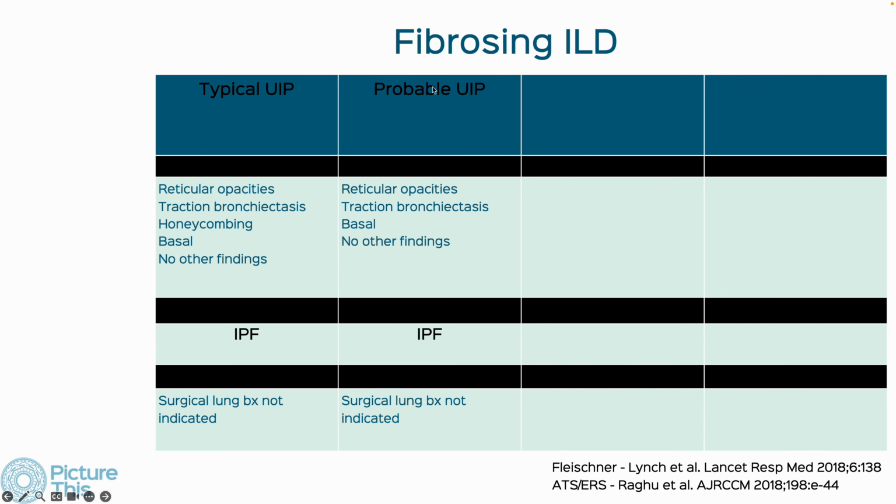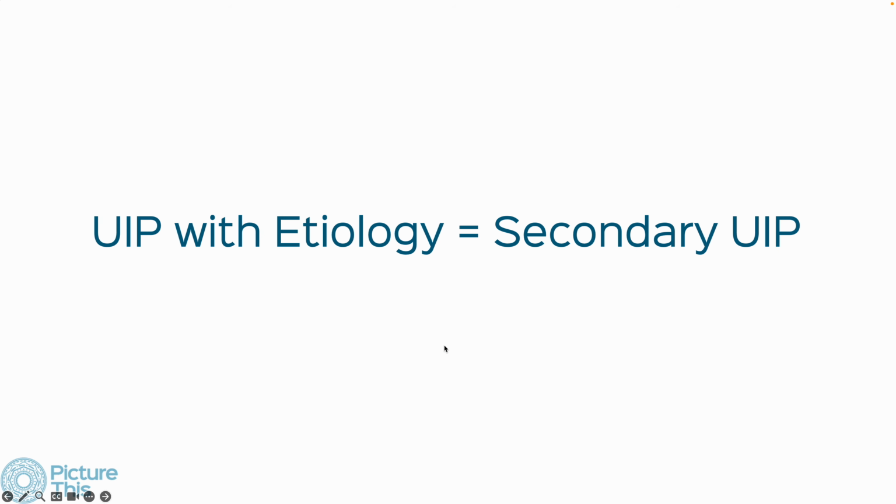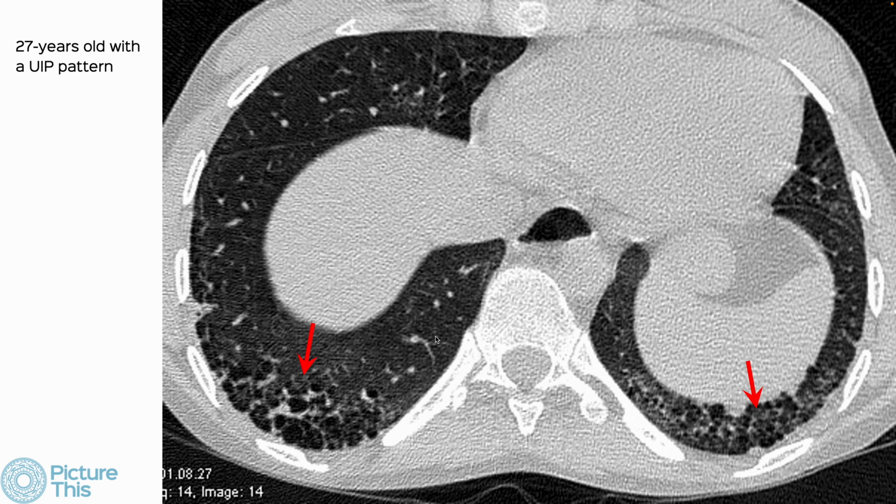And so if you have both of these, nothing else, no etiology, then we can put it into this 4-bucket classification which came out in 2018 and hasn't been changed, and that becomes IPF. However, if you have UIP with an etiology, then that's a secondary UIP, and it would be that condition-related UIP pattern. So this 27-year-old with a UIP pattern has